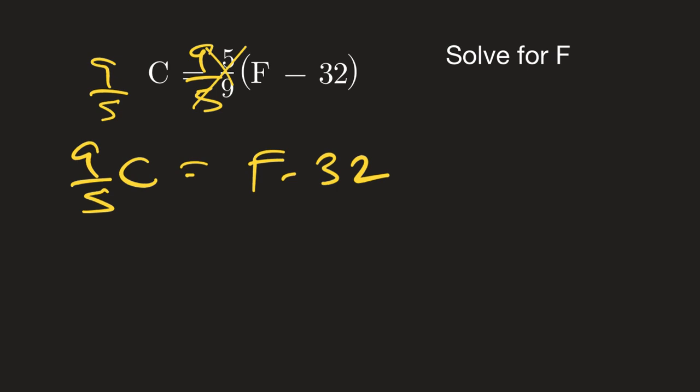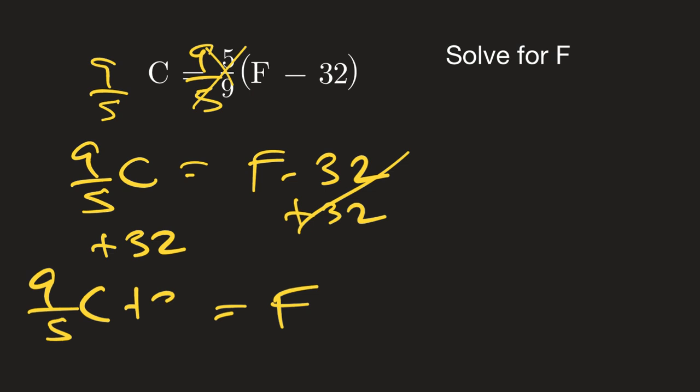Okay? So get rid of that fraction. That kind of frees up that set of parentheses, so to speak. We don't have to worry about multiplying with a fraction in there. We could, but just trying to save you a little bit here, okay? So now to get F by itself, we're going to add 32. F is now by itself